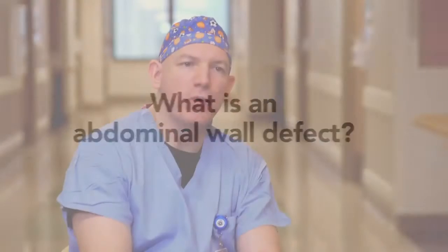Within the broad category of abdominal wall defects, you have two main diagnoses. You have gastroschisis and omphalocele. Now, simply put, gastroschisis is just an opening in the abdominal wall where the contents of the abdomen are outside